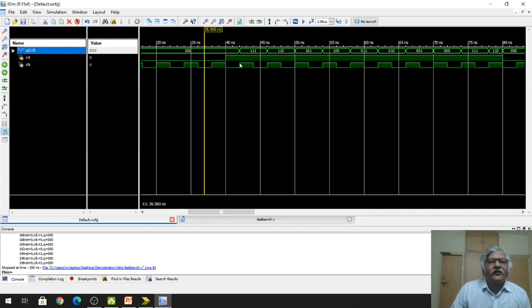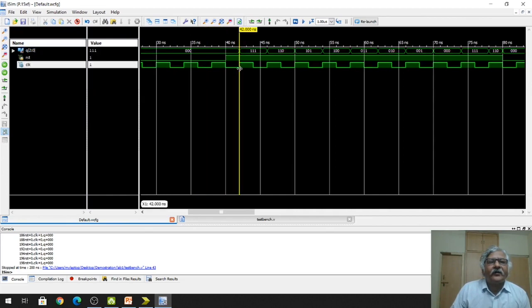So with the first positive edge of the clock, see here, output will become 111. With the next edge it will become 110, then 101, then 100, then 011, then 010, then 001, then 000,